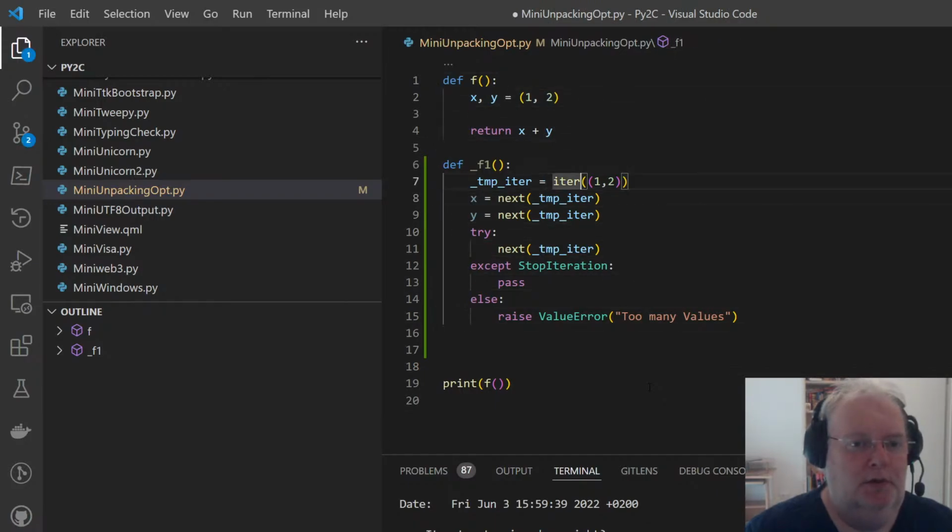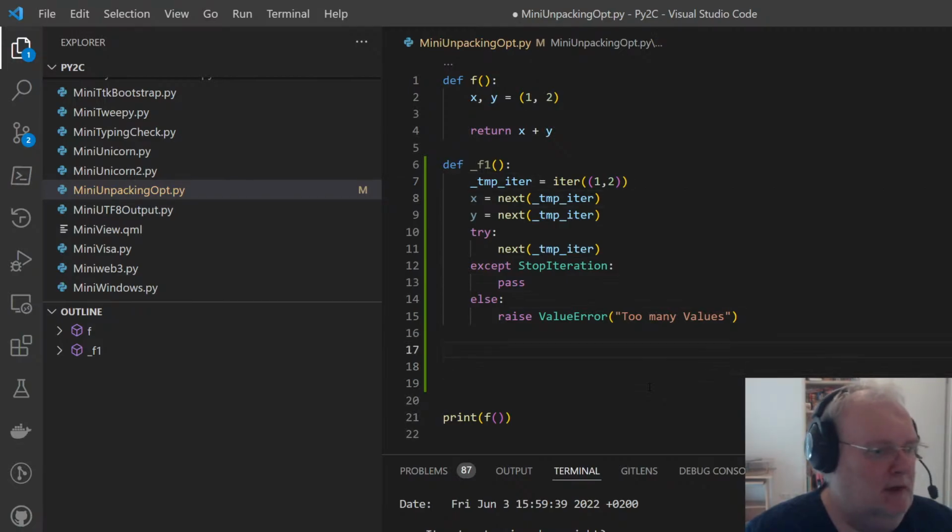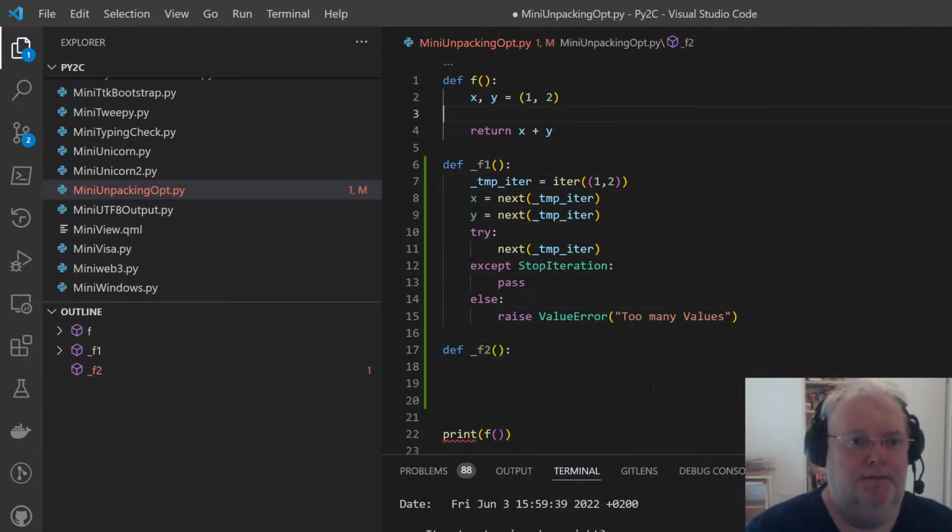This was like putting it here to 0, or 1, 2, then eliminating this one, knowing it will raise stop iteration, the unpack check, and so on. So that's one way of doing it. And what I thought is I will go another route, and that is I would recognize that instead the iterator recreation.